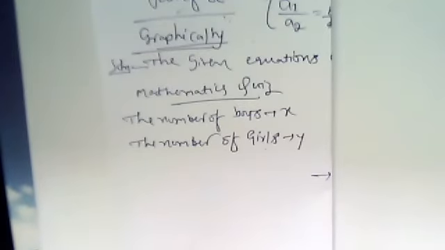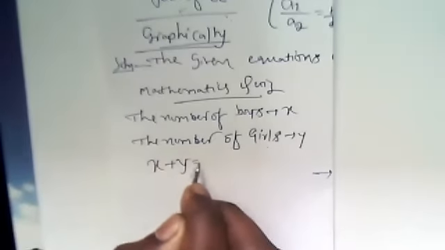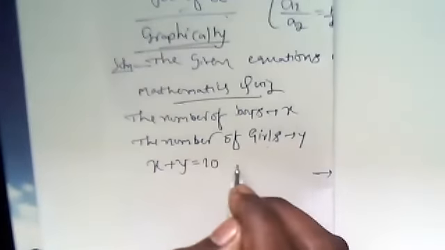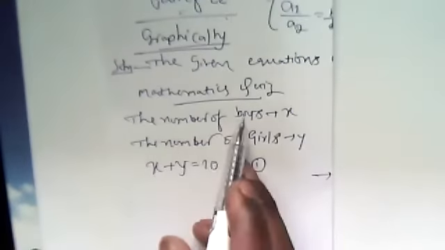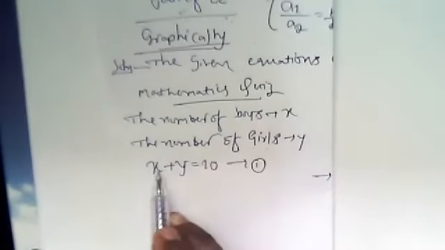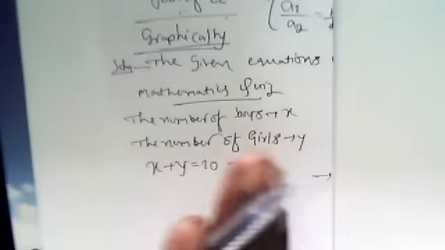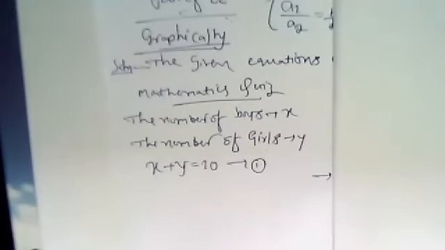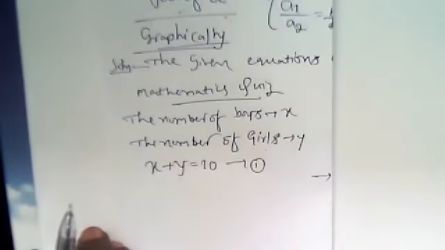x plus y is equal to 10. Correct. x plus y is equal to 10. ಹೇಗೆ ಬಂತಿದು? This is equation 1 ಅಂತ ತಗೊಳ್ಳೋಣ. Okay, ನೋಡಿ ಇಲ್ಲಿ x ಅಂದ್ರೆ number of boys, y means number of girls. Girls plus boys, okay, add ಮಾಡಿದ್ರೆ ನಮಗೆ ಎಷ್ಟು ಬರಬೇಕು? 10 ಬರಬೇಕು. Okay, because in the first sentence they are given already: 10 students of class 10 took part in mathematics quiz. Therefore, we obtain one equation.